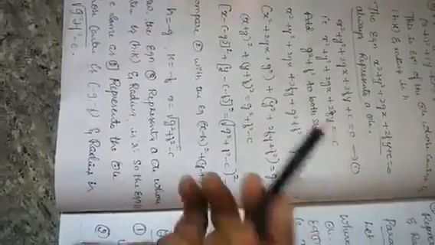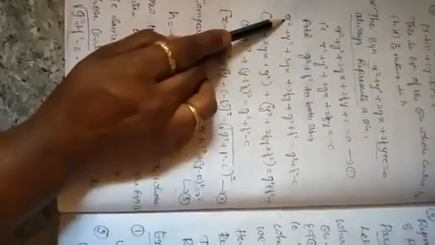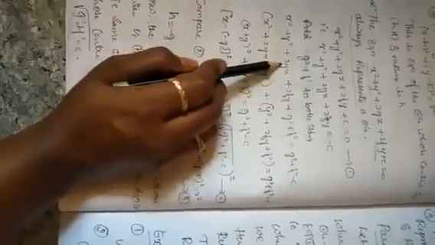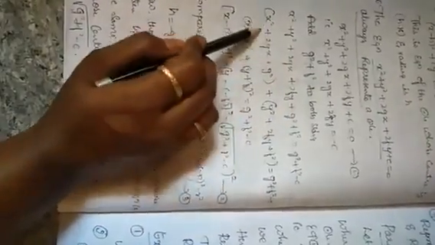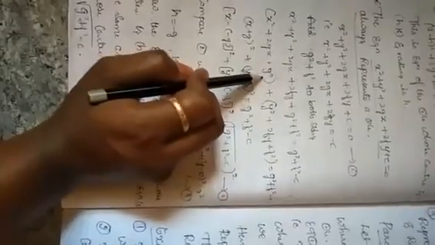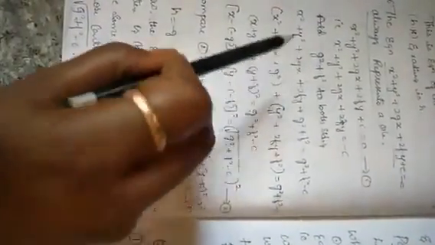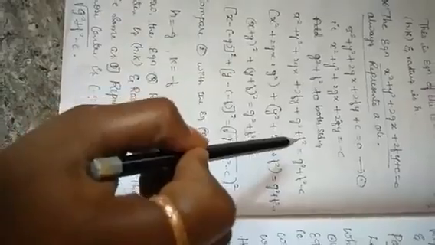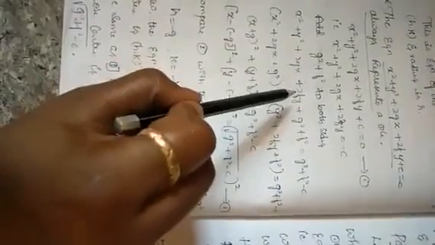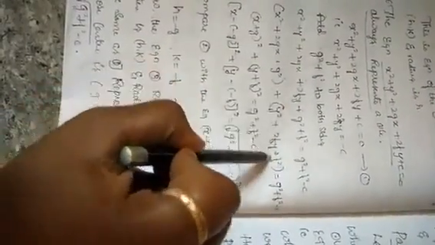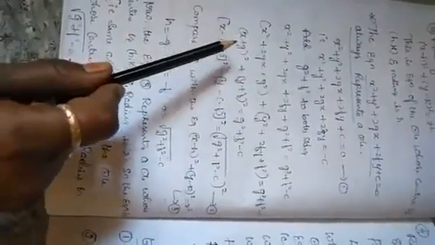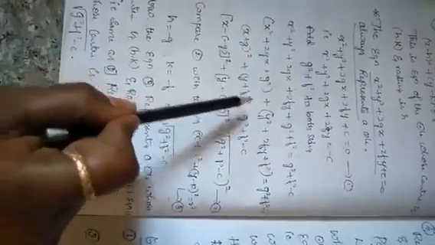Observe carefully here. This is x square, 2gx, next g square. It is in the form of the (a plus b) whole square formula. Next, y square, this f square, next 2fy. It is also in the form of the (a plus b) whole square formula. So I write it as it is here. This can be written as (x plus g) whole square plus (y plus f) whole square is equal to g square plus f square minus c.